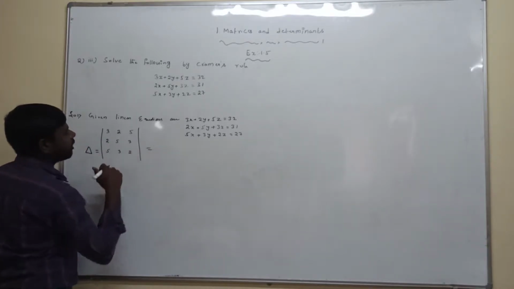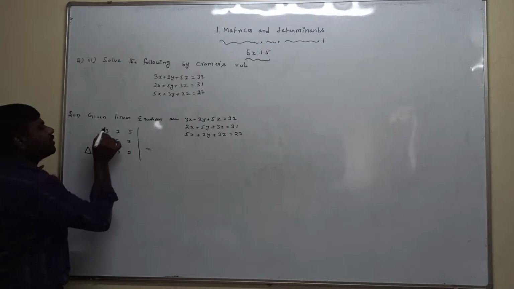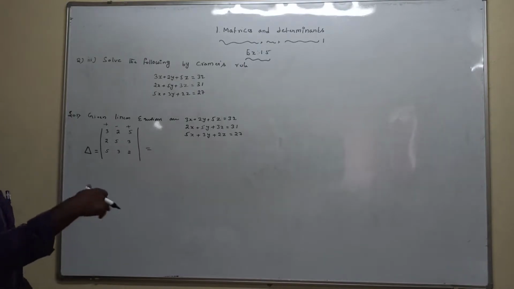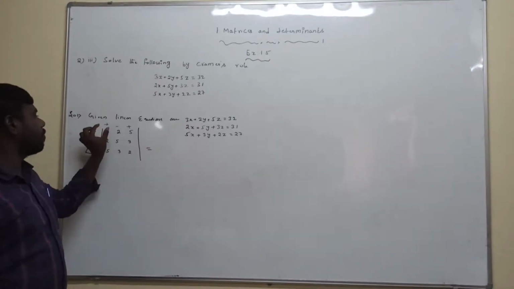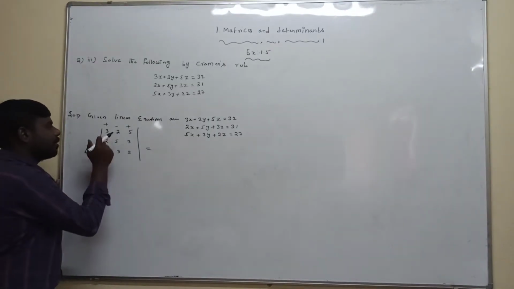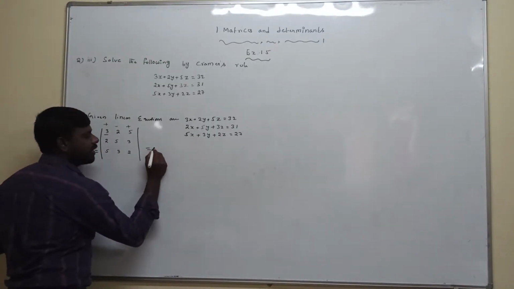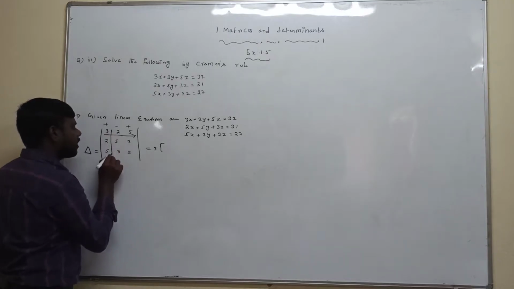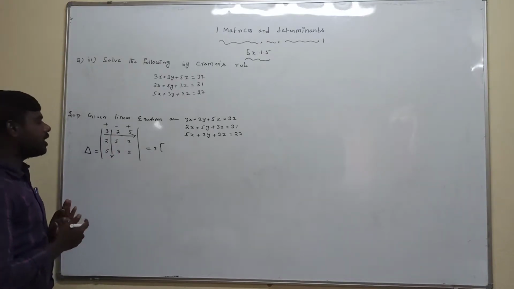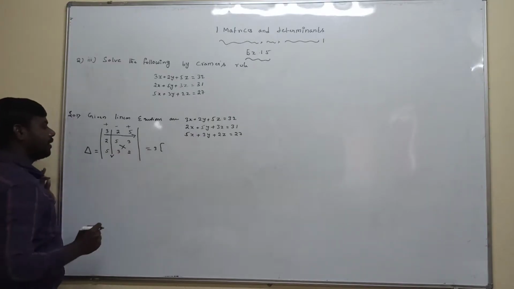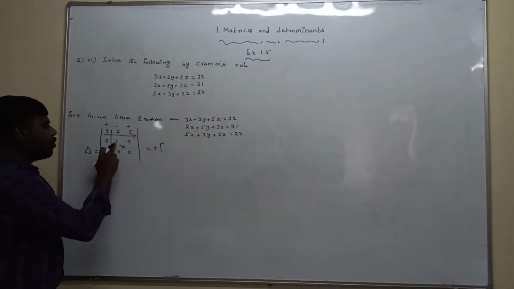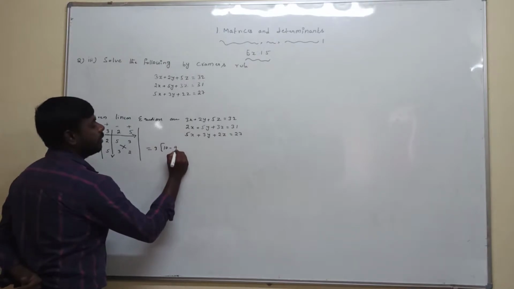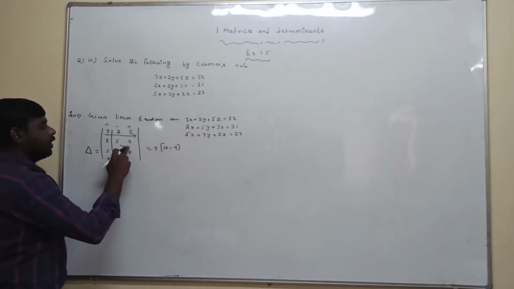Now, how do we find the determinant of a 3 by 3 matrix? We have to consider the signs plus, minus, plus at the top. Whenever there is a determinant of 3 by 3 elements, at the top we consider plus minus plus. First row, what is the first element here? Plus 3. That's why we take plus 3. The first row and first column of that plus 3 are eliminated. Next, cross multiply the left-over elements: 5 into 2, 10, minus 3 into 3, 9.